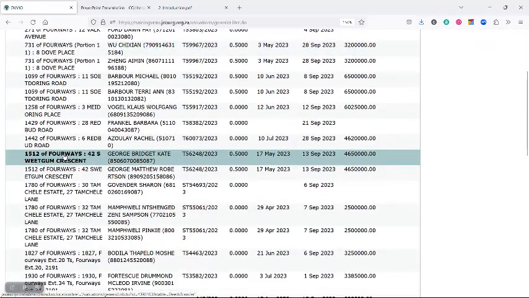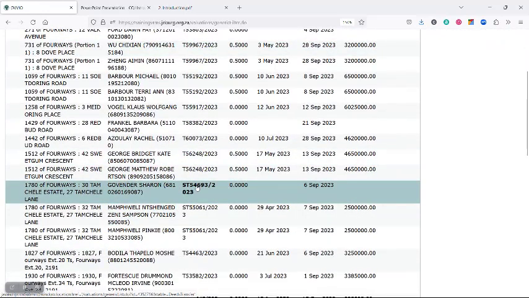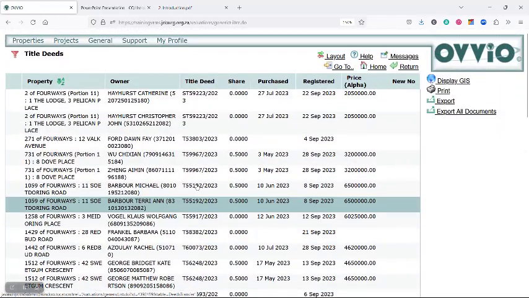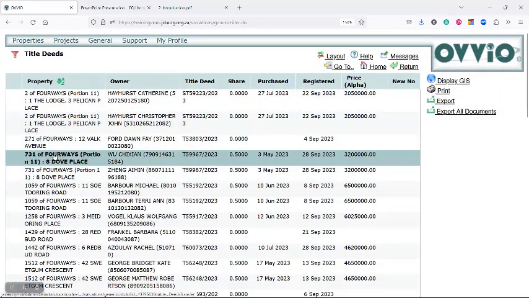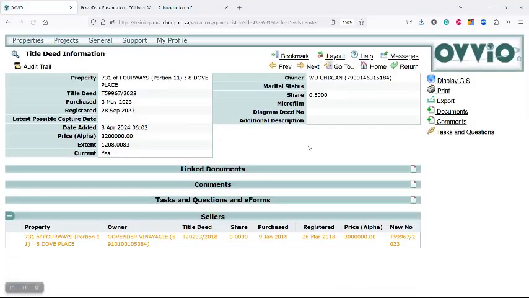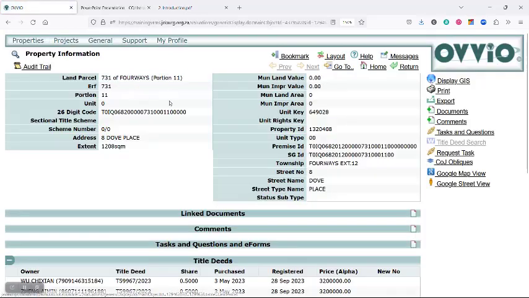You'll see, there's a sectional title, and the first ones are also sectional title. So again, if you select any one of these records, you will notice the property link is always there. If you want to get back to your land parcel information, you click on the property link, it